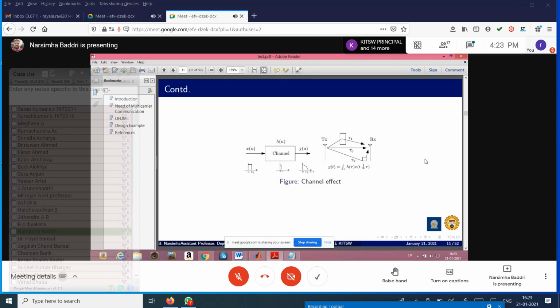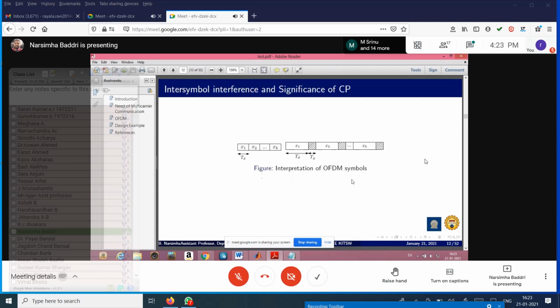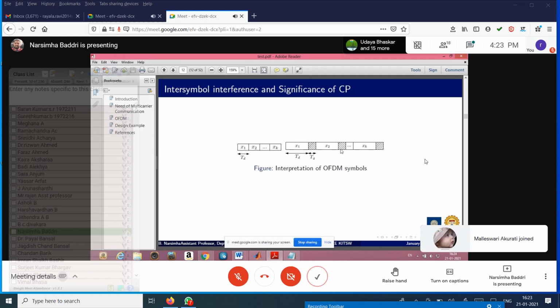So we will now discuss this cyclic prefix concept. To avoid that inter-symbol interference, generally we need some guard band. These are the original data streams: X1 is one symbol, X2 and so on, Xk. Due to the spreading nature of the transmitted signal with the effect of the channel, the signal will be spread into the other symbols. That is why we insert some guard band between every symbol.